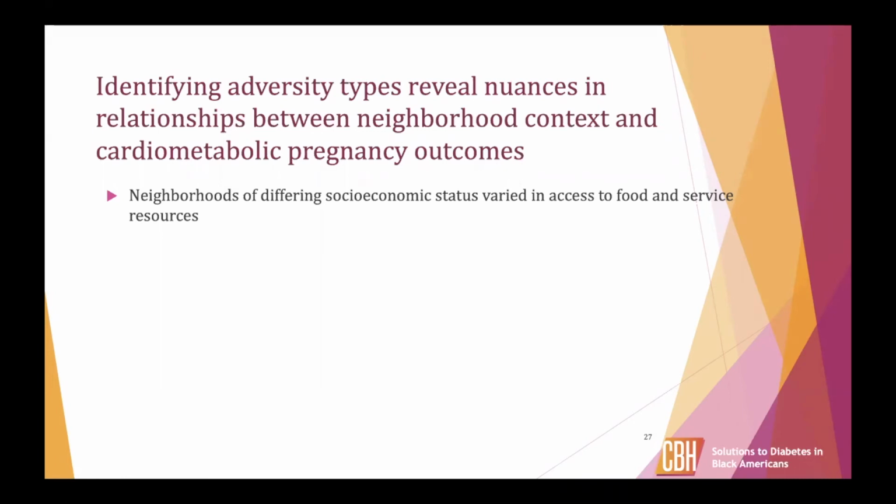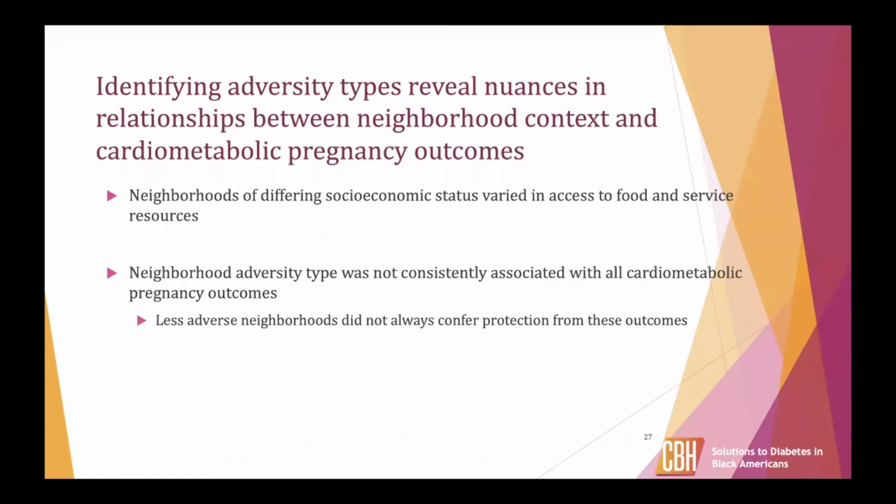So although lower SES or higher SES neighborhood environments may correlate to having higher indicators that may facilitate health, this was not always the case in the neighborhood types that we saw in our particular geographic location. Furthermore, neighborhood adversity type was not consistently associated with all cardiometabolic pregnancy outcomes, which we might expect. But the interesting thing was that the less adverse neighborhood types did not always confer the protection from these outcomes that we might anticipate seeing based off of the previous existing literature on neighborhood environments and these weight related outcomes